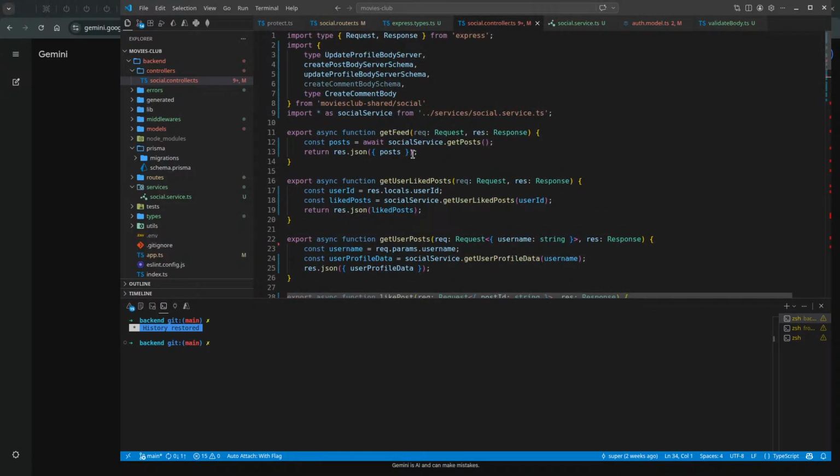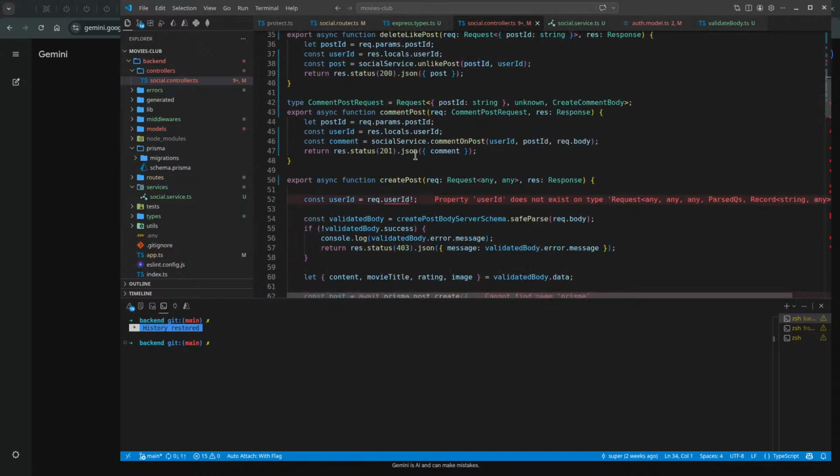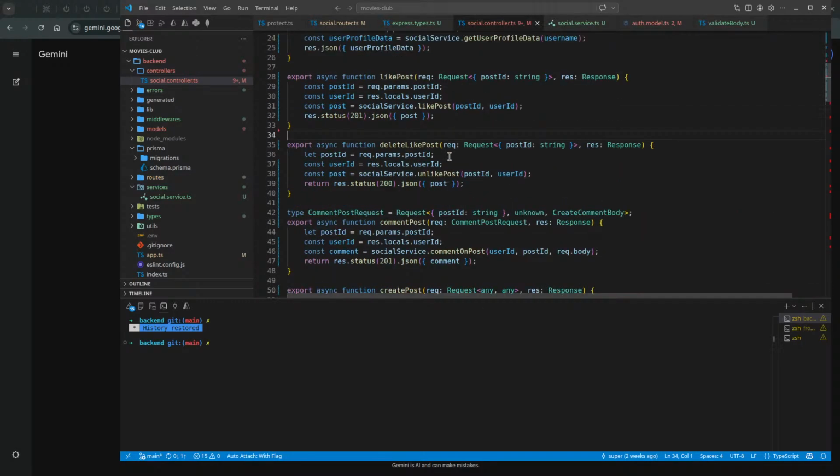Get user posts. Delete like post. Like post. This should be unlike post. What is deleting? I don't know. Should I name my controllers the same as my routes? I don't think so.